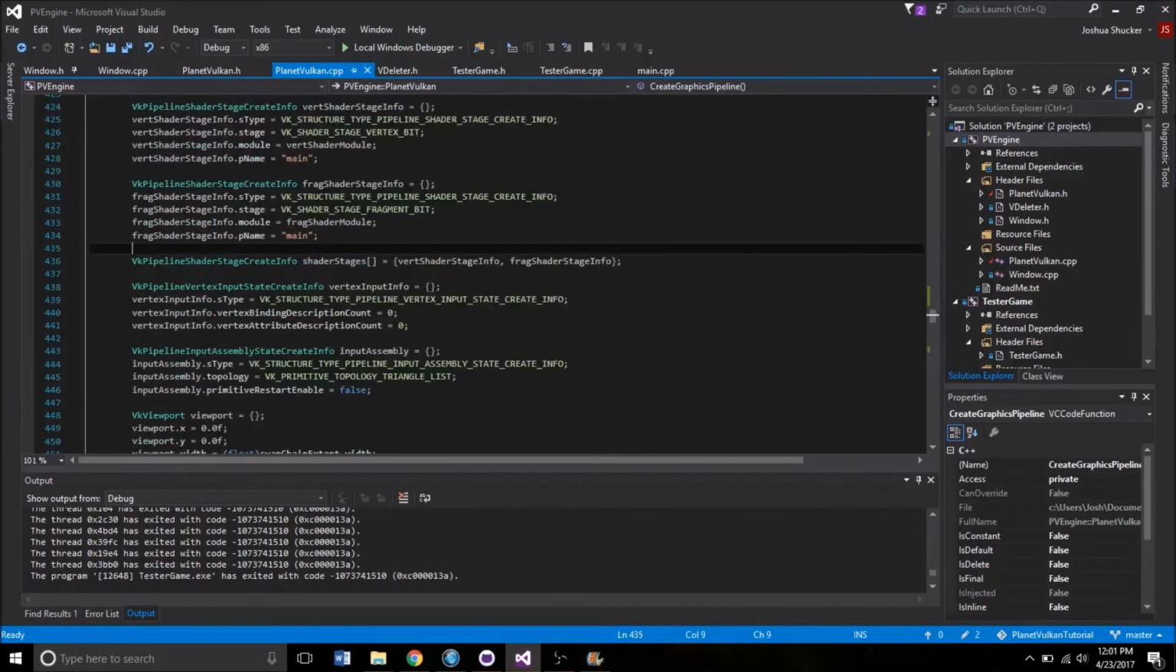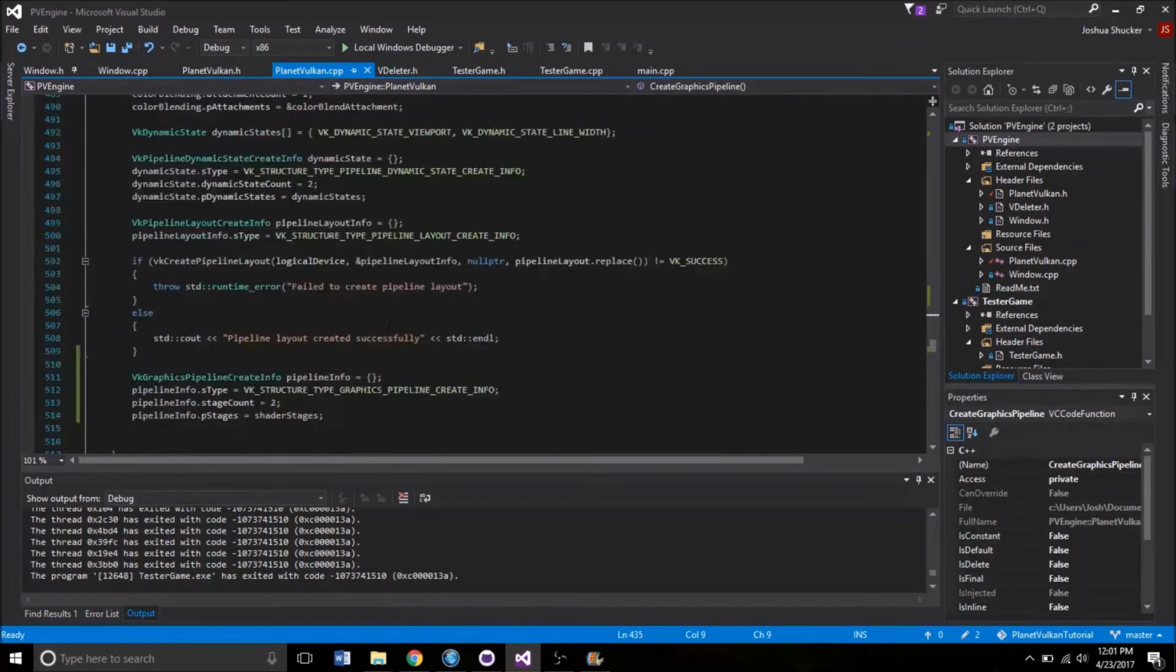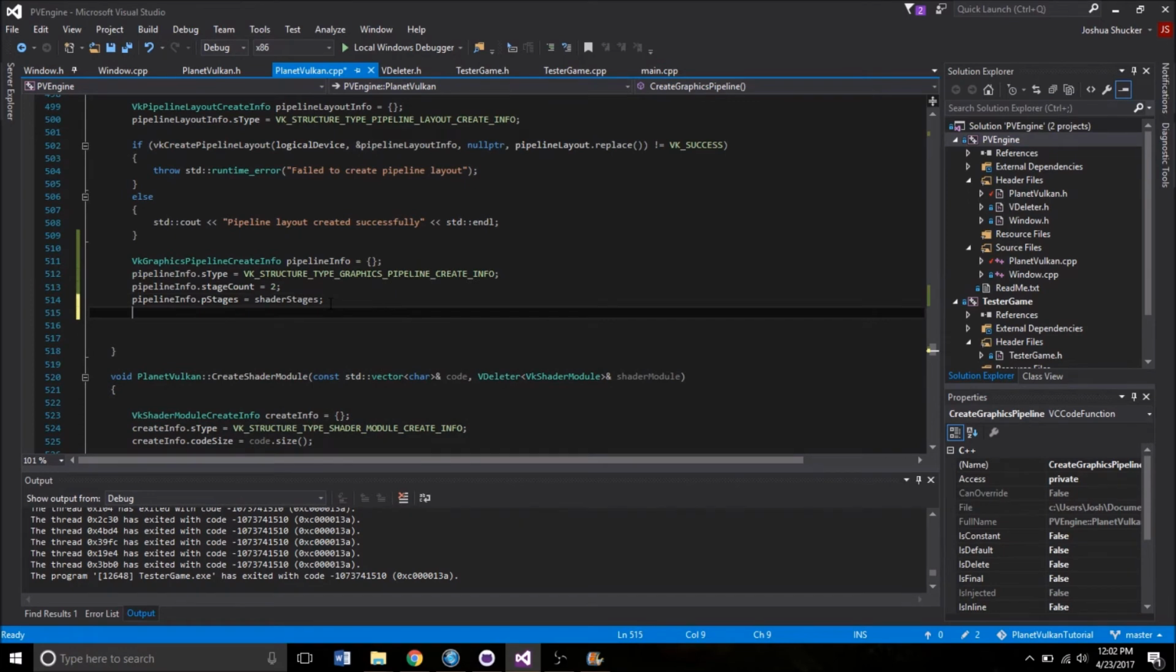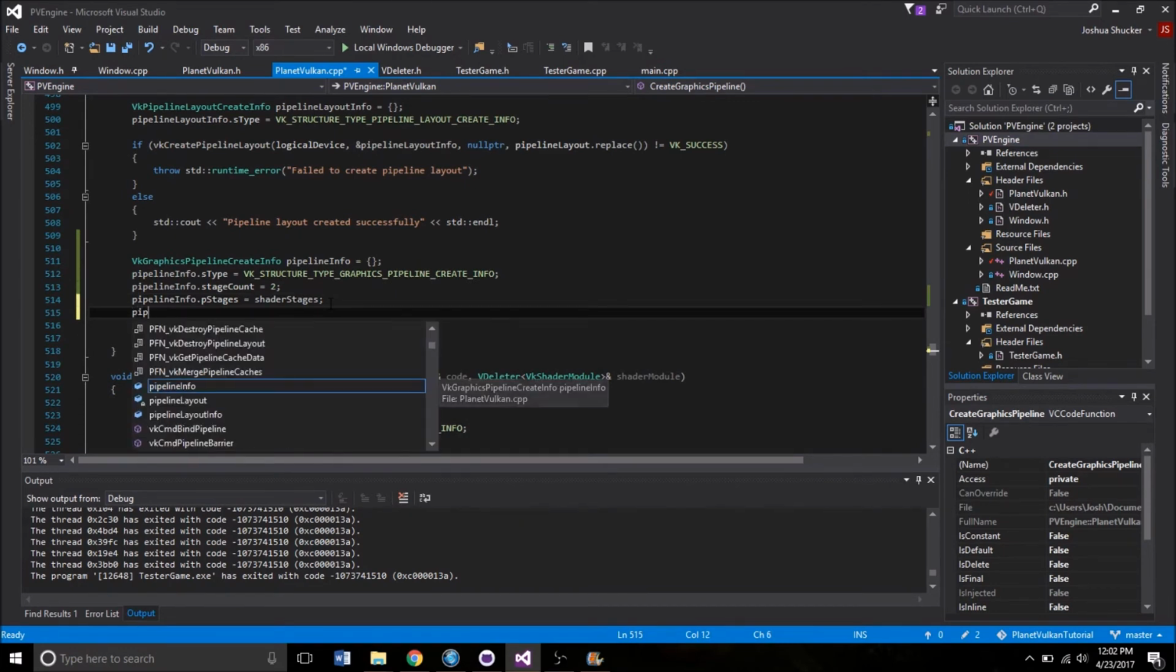Where is it? Right here. VkPipelineShaderStageCreateInfo. Those have already been defined. There's 2 of them. We're passing them in right here. Then we pass in a reference to the create info structs that we made for the fixed function stages back in episode 9. So pipelineInfo,